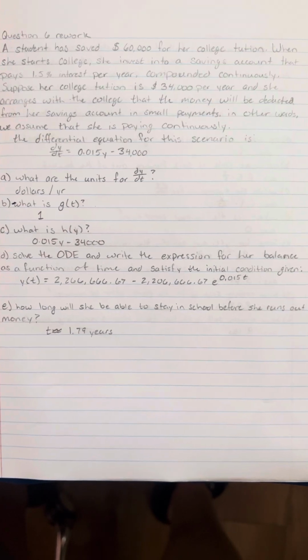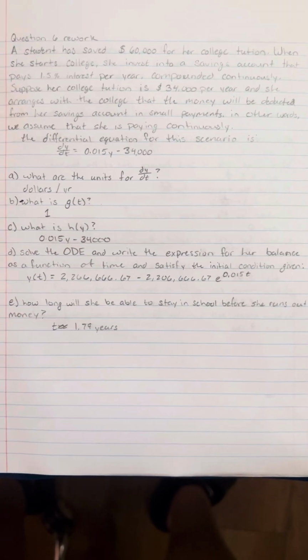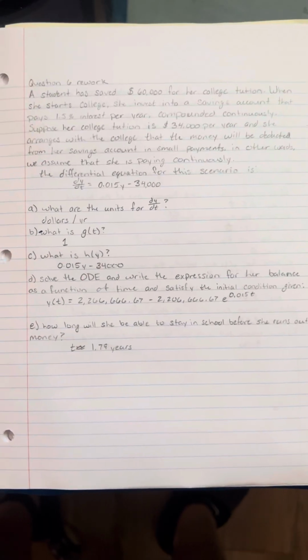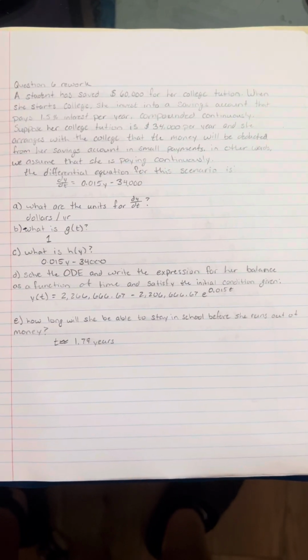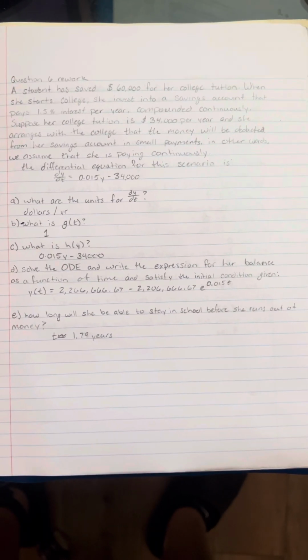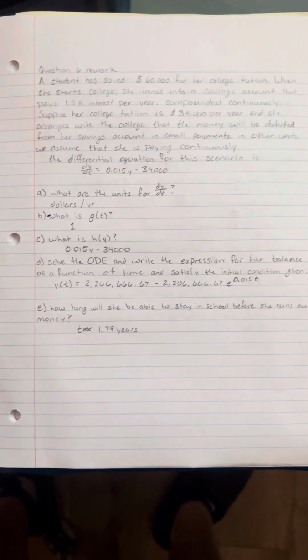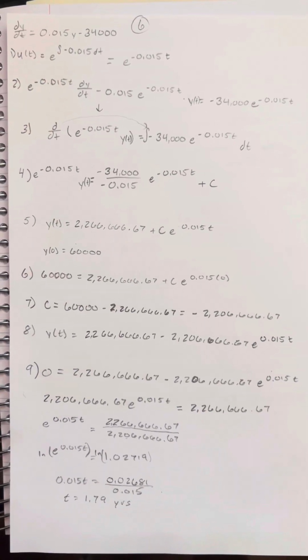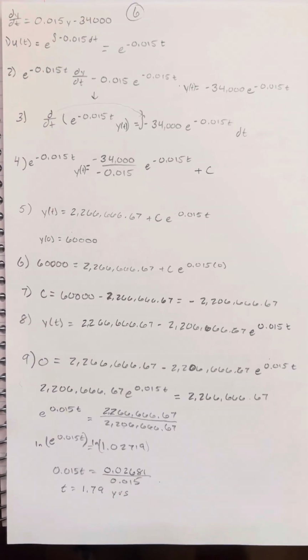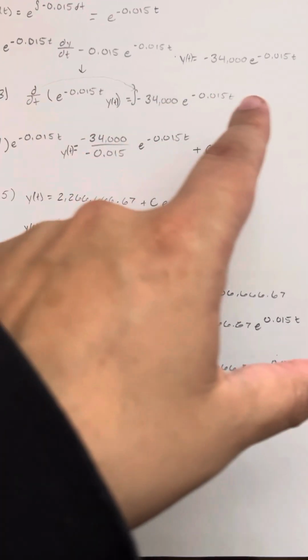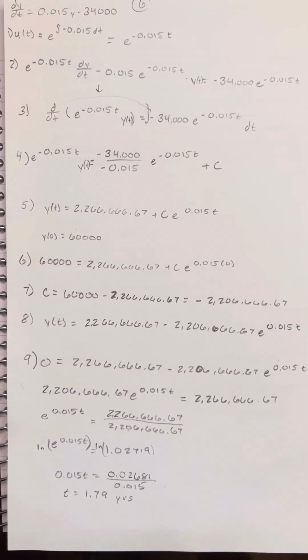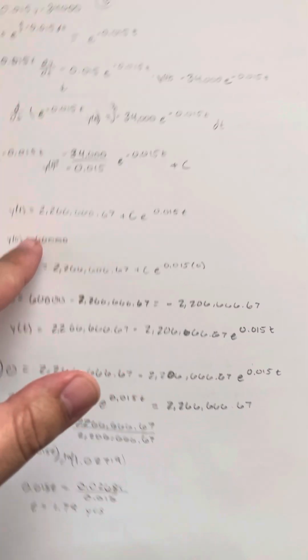To solve the ODE and write the expression for our balance as a function of time and satisfy the initial condition given, the work is, we start with dy/dt, we find the integrating factor, and we proceed to then mathematically solve to find y of t. Y of t ends up being